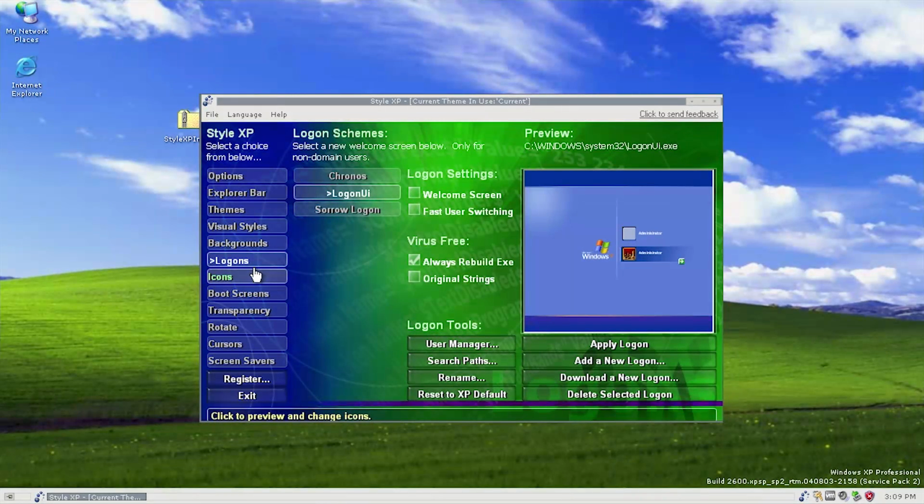Now Logons, this is interesting because this is kind of combining, and you can see there's also boot screens right here. What I like about this program is it basically combines, if you remember, I've taken a look at a number of different Stardock programs on this channel. And Stardock has a program called Bootskin, they have a program called Logon Studio, and they have a program called Window Blinds. Window Blinds is desktop customization for themes. Bootskin modifies the boot screen, and Logon Studio modifies the login screen. This program right here does it all. It has the ability to modify the visual style and the theme. It has the ability to modify the logon screen and the boot screen, all just contained in this one program,